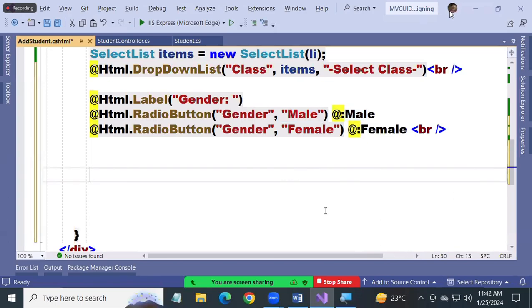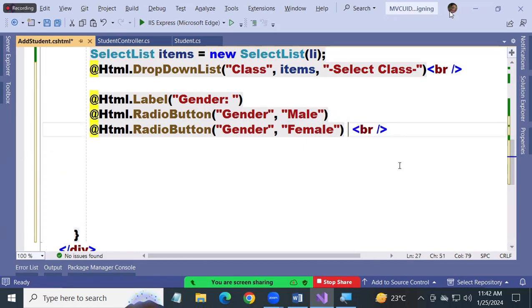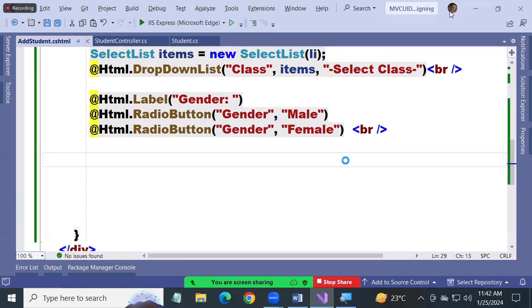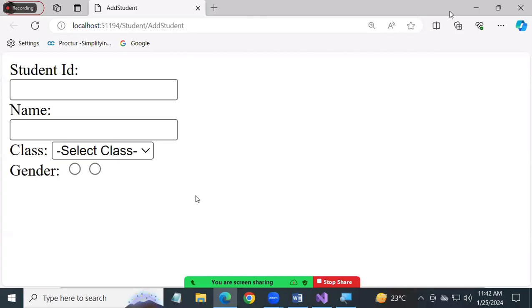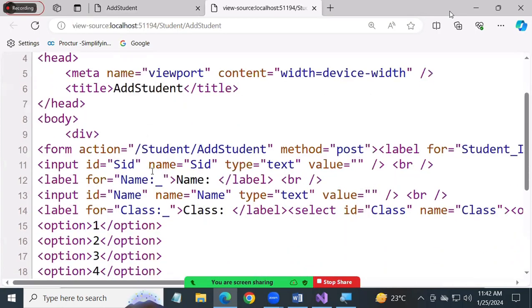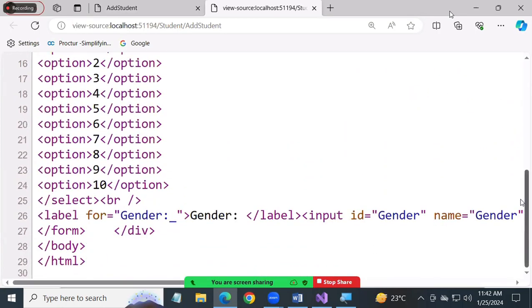And remember, inside a C# block, if at all you want to write a static text, you're required to either use a text tag or @colon. Yes or not? Say, if I don't use this, let me remove this, guys. If I don't use this, you will see radio buttons, but you won't see any text for them now. In HTML also, if you want to give a text, how do you give? Beside the radio button, you just type it. Directly you cannot give. See, the 2 radio buttons are there. You go to view page source. Here, it will show you